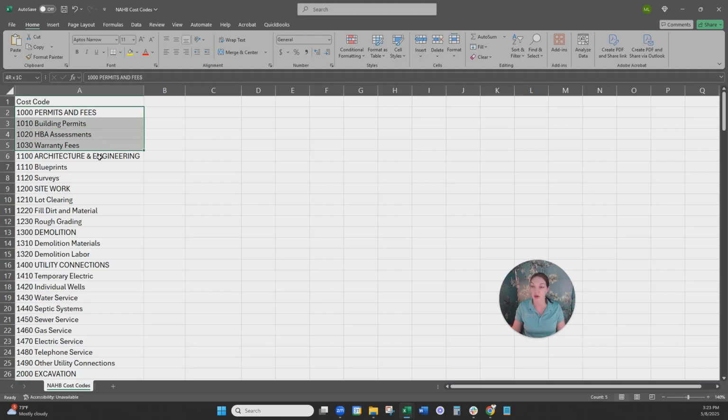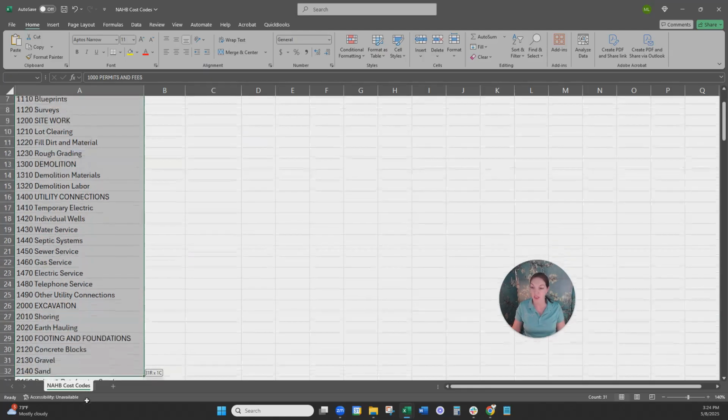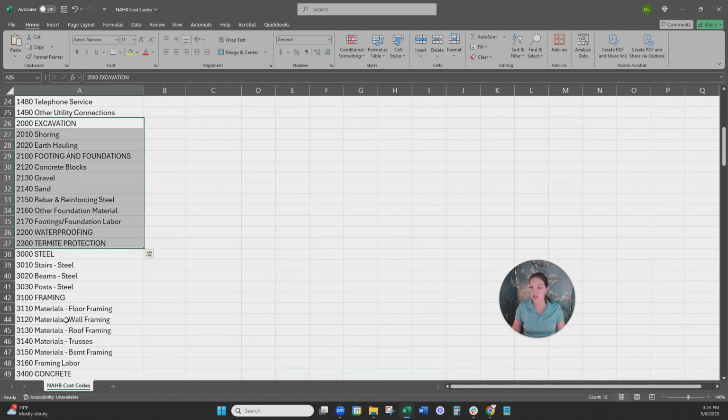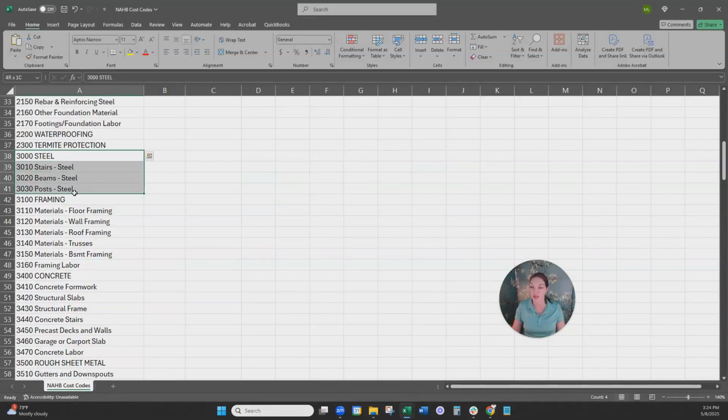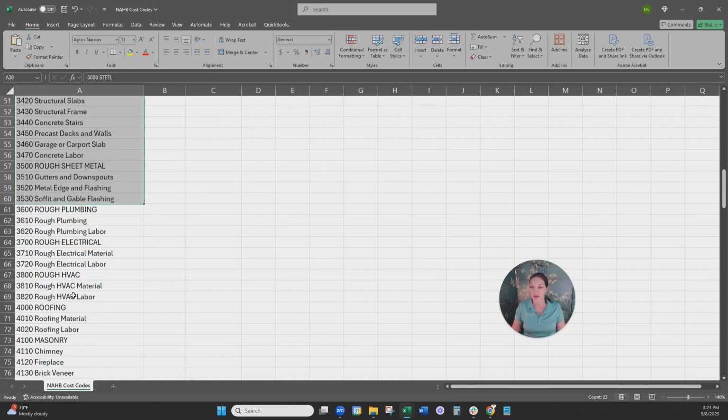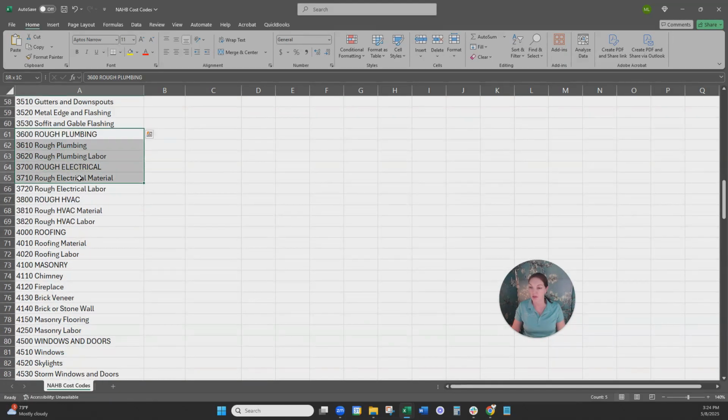So the 1000s are going to be permits, fees, site work, demo, utility connections, so getting any utilities set up on the site. And then we're going to go to the 2000s, which is essentially earthwork, footings, gravel, sand, waterproofing, termite protection. And then the 3000s, which is essentially foundation and framing. So framing, concrete, downspouts, gutters. And then we're going to get into rough plumbing, rough electric, HVAC, and then we're going to get